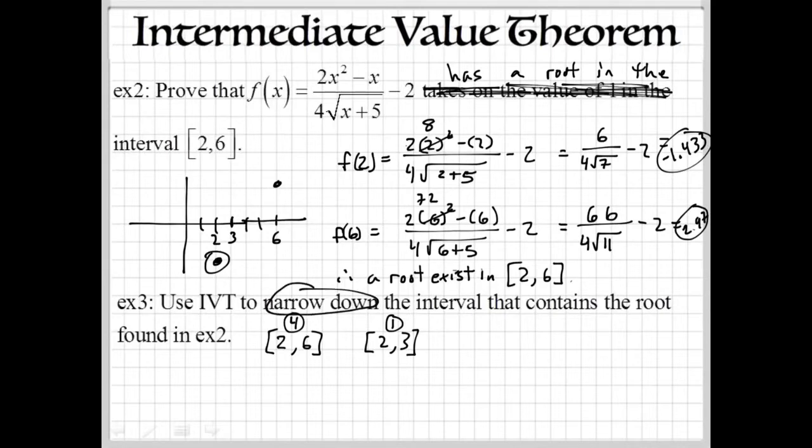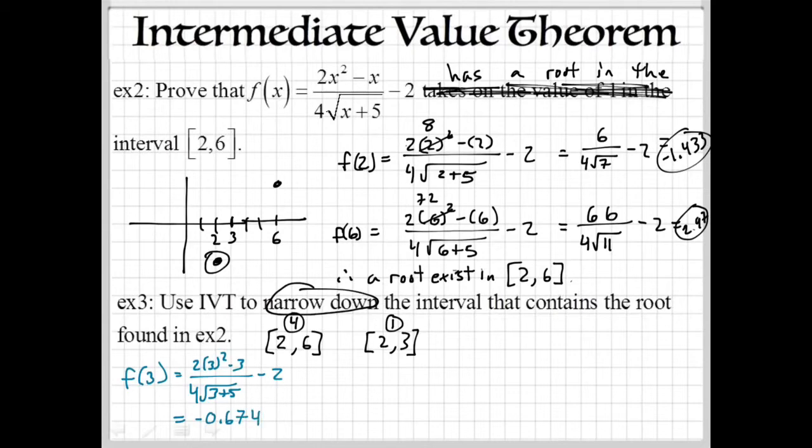Sometimes problems say, instead of just narrow down, maybe narrow down to an interval of 0.5. And so you'd have to change your intervals so that you wouldn't get a 1 right there, you would get a 0.5. So let me plug the 2, well actually we already did plug the 2, and let me plug the 3 in to see if we get a positive. Okay, I plugged it all into a calculator. I plugged the 3 in right here, and I got negative